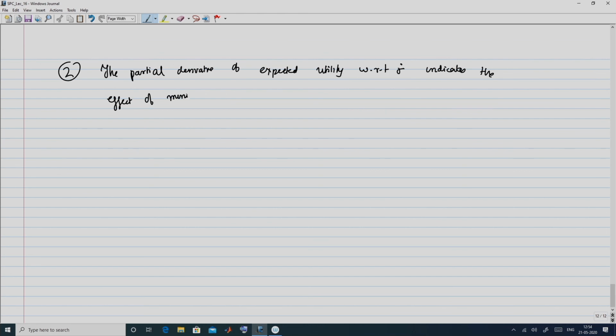All right. So, now we come to the next point. The second point is we take the partial derivative now with respect to sigma dot. So, the partial derivative of expected utility with respect to sigma dot indicates the effect of minimizing sigma dot for a given mu dot. So, again using the chain rule, we obtain